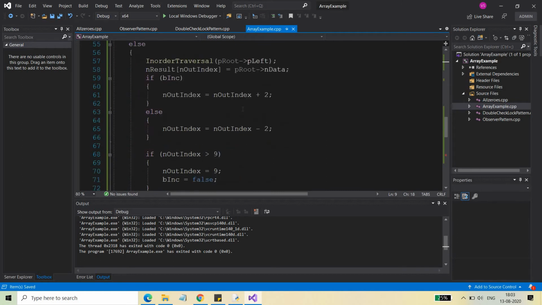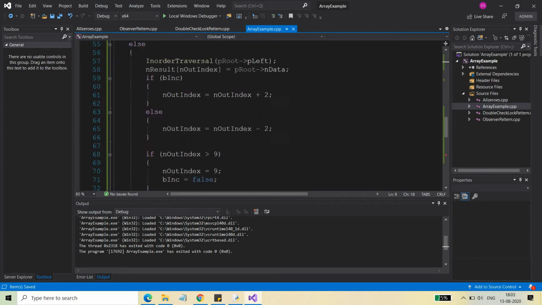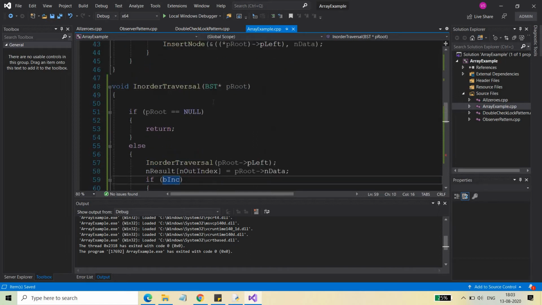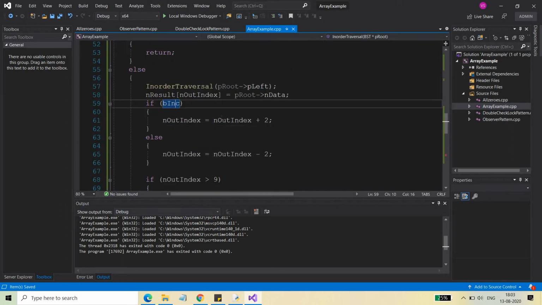I start from the same algorithm we use for the in-order traversal, but when I store the element in this result array, first I put the data into end result, and then I test whether b increment is set to true. If it is true, I increment the out index by 2.